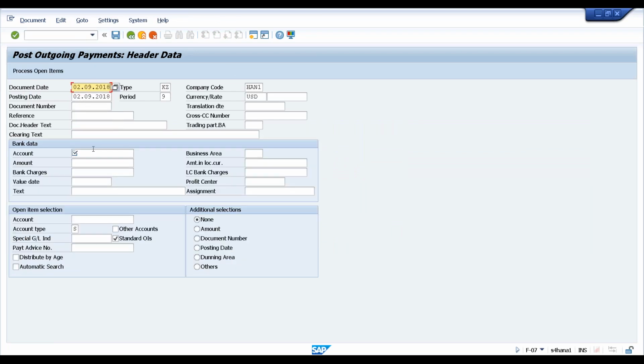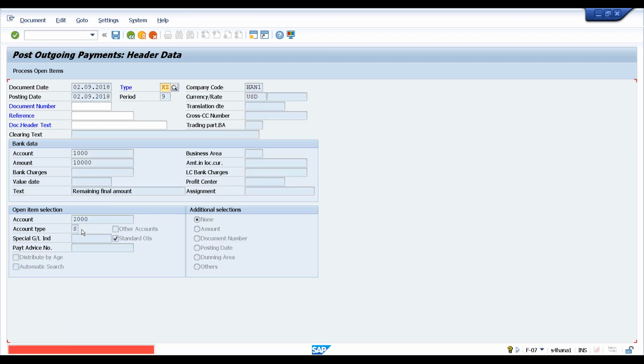So we are saying this account is paying cash, amount is 10,000, text is remaining final amount, account is this, hit enter, correct the document type,